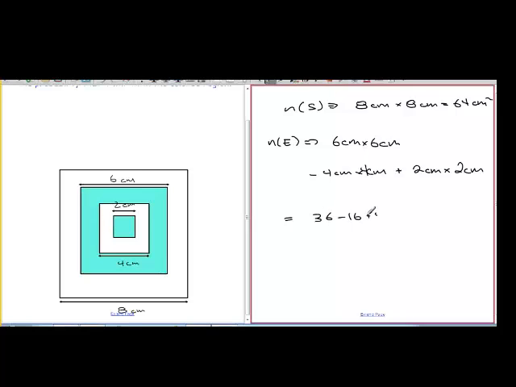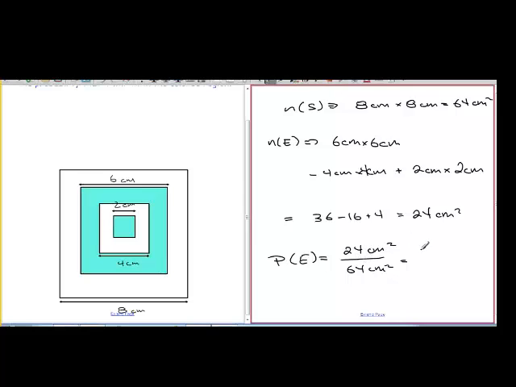So what do we get? We get 36 minus 16 plus 4, which is 24. 36 minus 16 is 20. 20 plus 4 is 24. So the probability of getting in the blue, which is the favorable event, is just going to be 24 centimeters squared divided by 64 centimeters squared, which can be simplified down to,